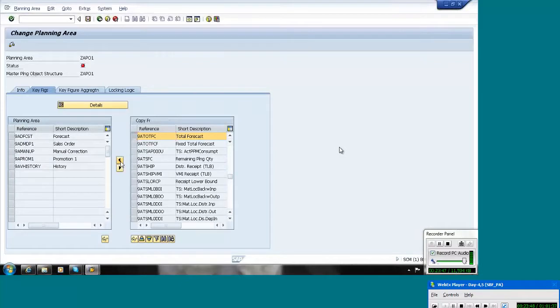So like that we need to select what key figures are required for our planning. Here you can see, based on this history key figure, we will generate a statistical forecast. And whatever values the sales team or marketing team give, we will enter here. And in the consensus meeting, if there are any corrections, we will enter here. And we will write a macro so that the system calculates forecast plus promotion plus manual correction equals total forecast. This one we will release to SNP or ECC.